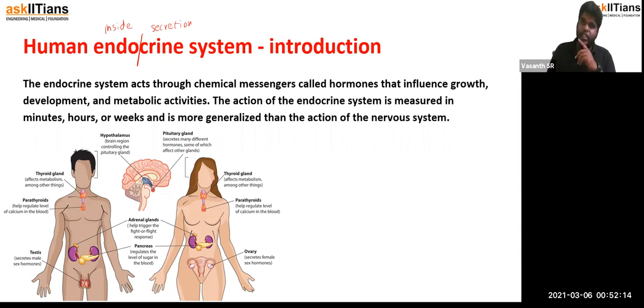Then there is also exocrine, meaning outside secretion. Exocrine glands are the sebaceous gland, sweat gland, and mammary gland. All these are exocrine in function. But the pituitary gland, hypothalamus, thyroid gland, parathyroid gland, adrenal gland, pancreas, testis, and ovary are all endocrine glands. Why? Because they all secrete hormones into the bloodstream, and once the hormones reach the